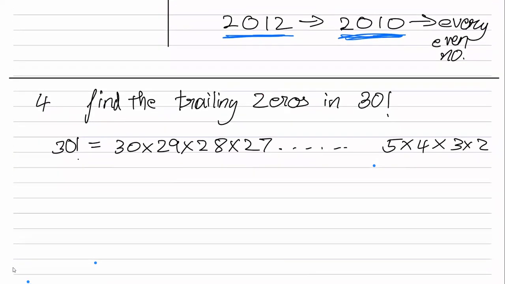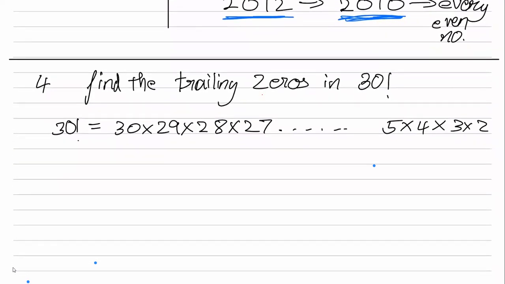In case you are finding it difficult to do this question, try finding 5 factorial, 6 factorial, 7 factorial, and 4 factorial. Look at what is happening when you are calculating 4 factorial, 5 factorial, 6 factorial, 7 factorial, and then